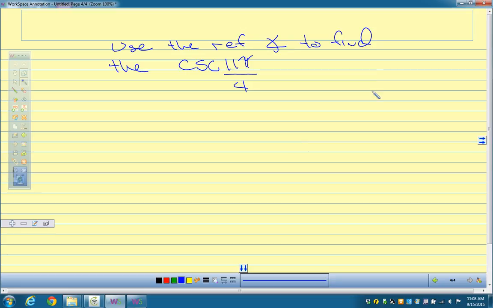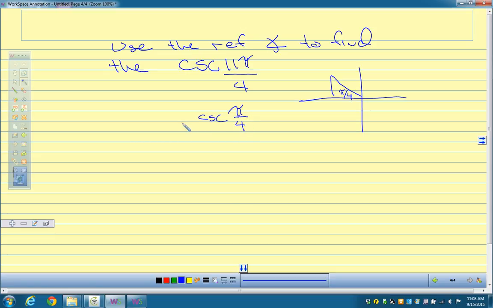We already did 11 pi over 4, but that's okay. So if I have 11 pi over 4, I think we already figured out what the reference angle was. What was it? We're going to go around 8 pi over 4, then 3 pi over 4 more, so the reference angle is pi over 4. So I'm going to take the cosecant of pi over 4, and is that going to